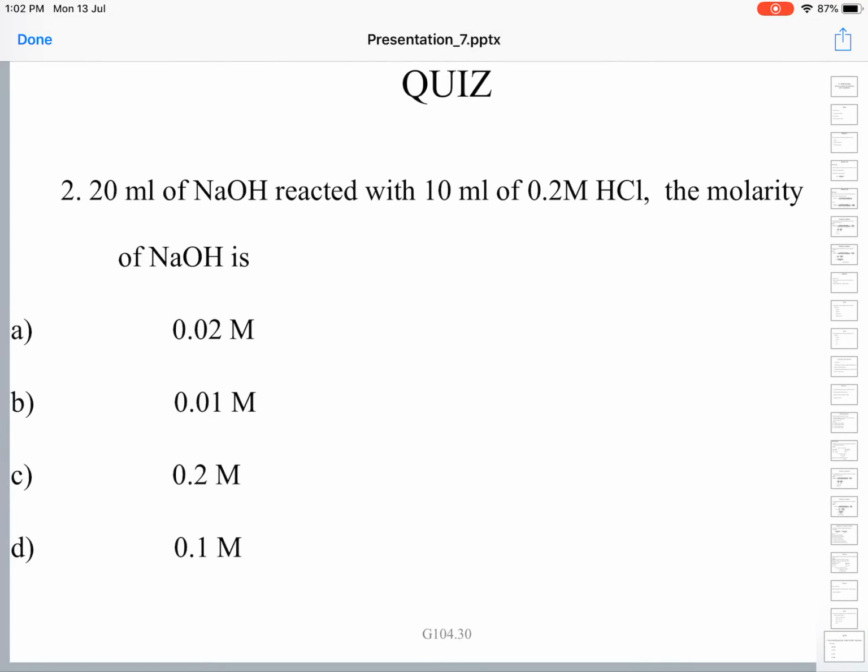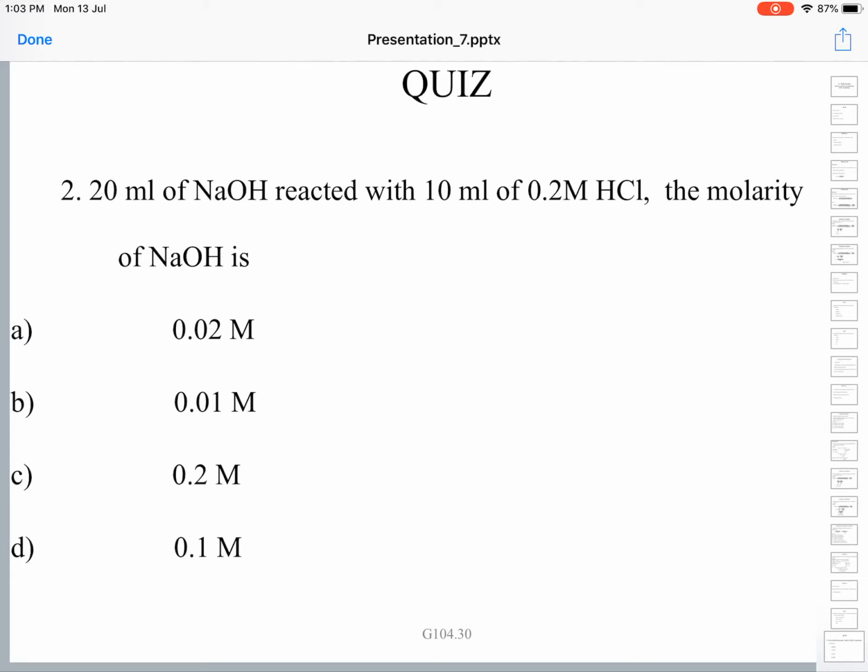What have we learned? We have learned the definition of the molarity. We have learned a few formulae for molarity, how to write the formulae, and how to apply these formulae in solving the problems, in calculating the molarity of solution. If a certain quantity of a given substance is dissolved in a given volume of solution, how to calculate the molarity, or if molarity as well as volume of the solution of a given substance are there, we have also seen to calculate the weight of the substance dissolved in that particular solution.